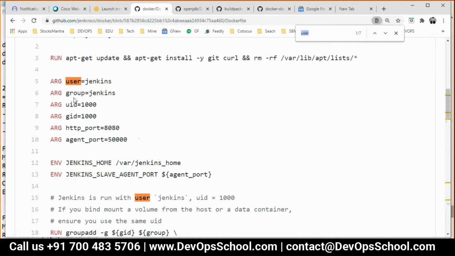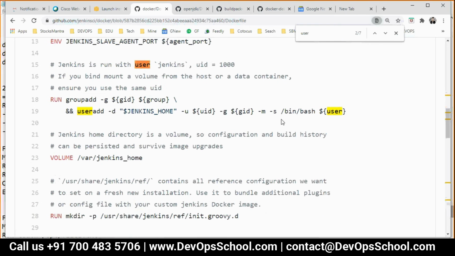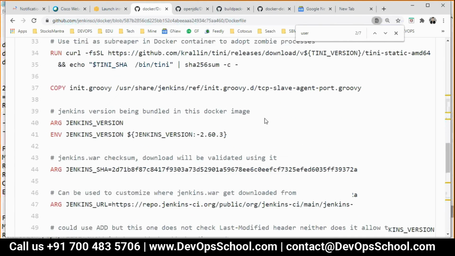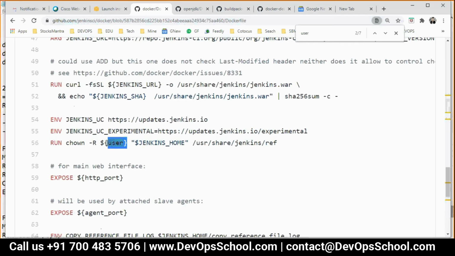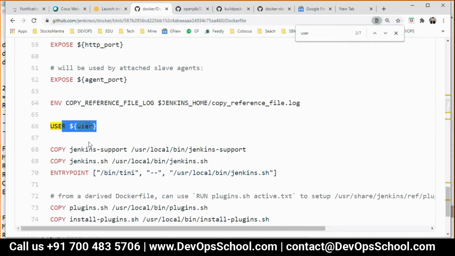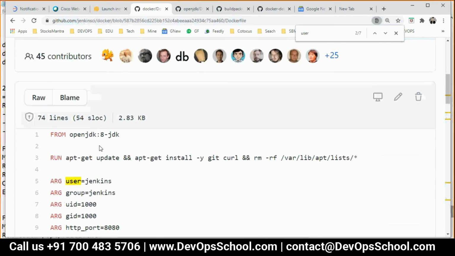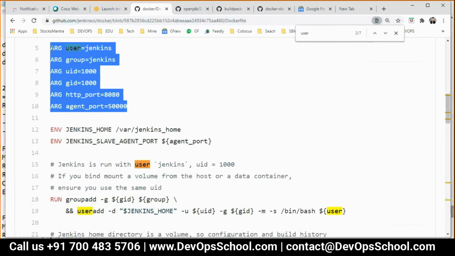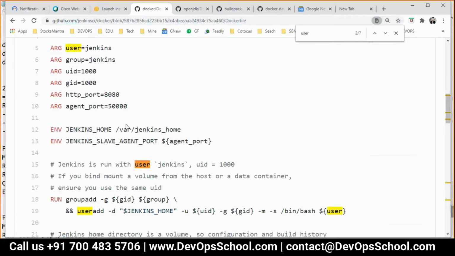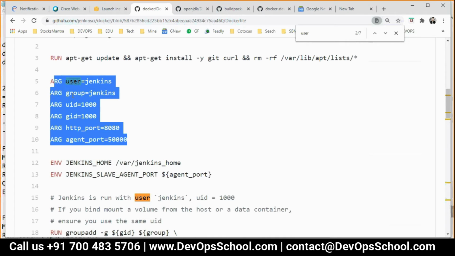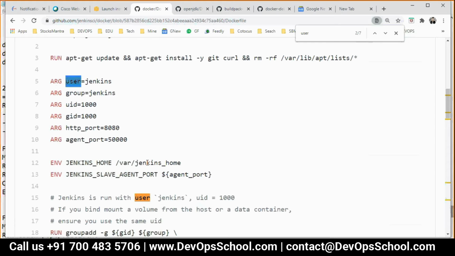Search this. See here, user has been used here: $user, $user, $user, like that. So you can declare it and use it. This avoids the confusion of hard-coding everything everywhere. So ARG is for that purpose. Here you declare user, group, UID, GID, HTTP port, and agent.